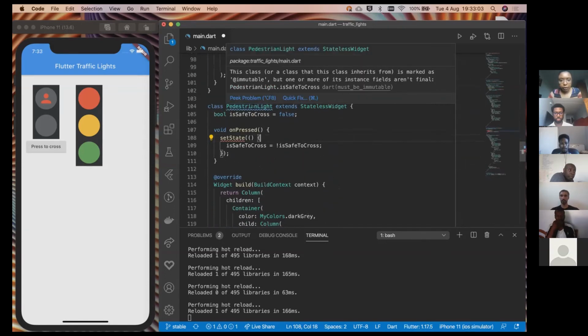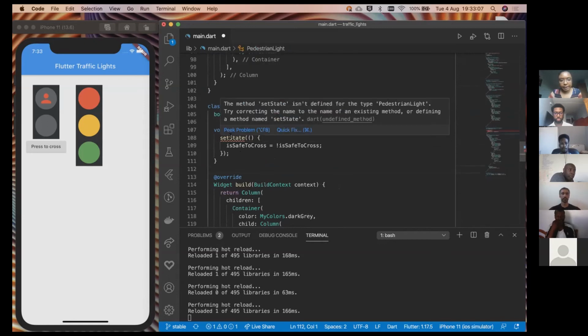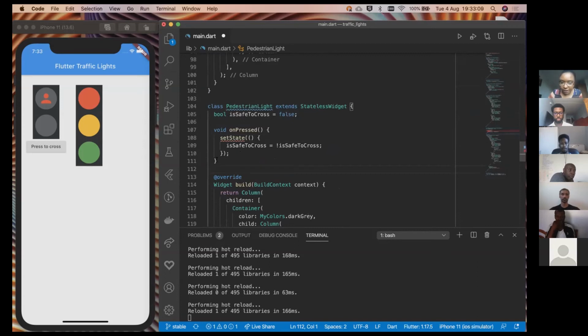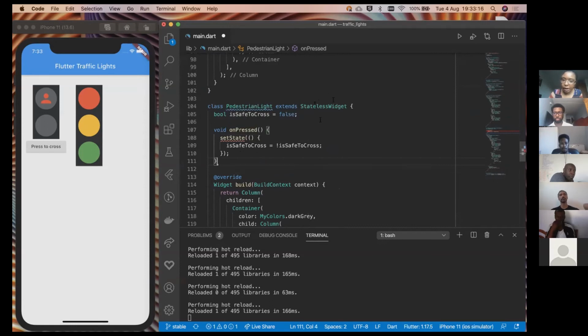There are a few things that are wrong. Yeah, setState does not exist on a stateless widget, and that's because setState is not in our base class StatelessWidget here. So because it doesn't exist,